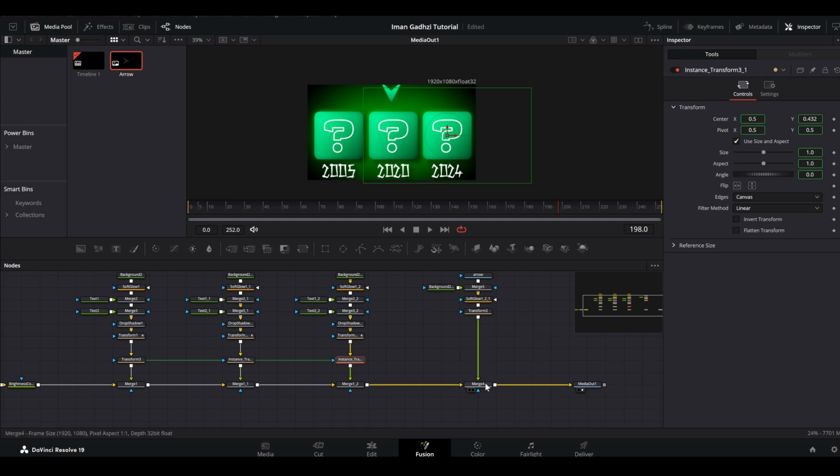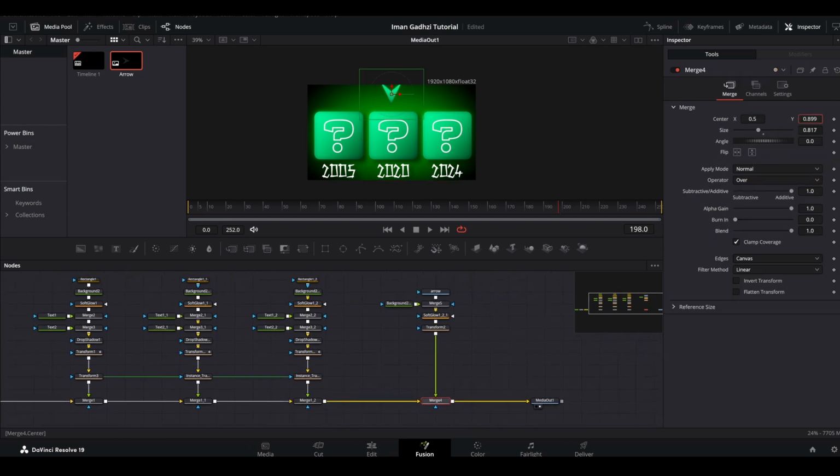And now you can go to the merge of the arrow, and let's bring it down here, and let's scale it down a little bit like so. And now what we can do is we can go to maybe at frame number, let's go to frame number 170, and let's keyframe it here. And now let's go 30 frames ahead to frame number 200. Once again let's keyframe it, and let's go back to initial keyframe and grab it, drag it out of the screen